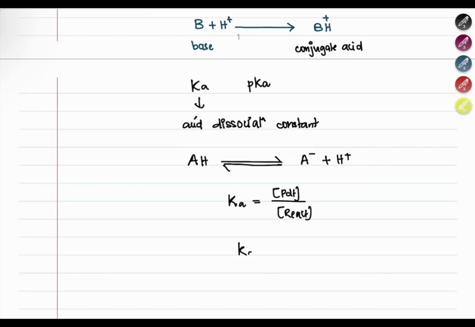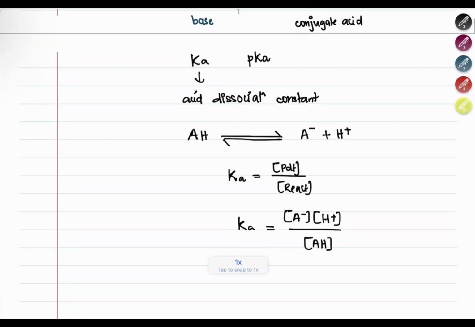So here Ka will be the concentration of A minus times the concentration of H plus, which are the products, divided by the concentration of the reactant, that is HA, the acid. So if you are looking at this equation,